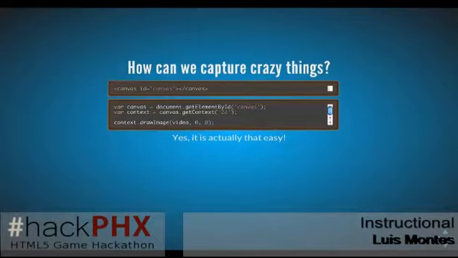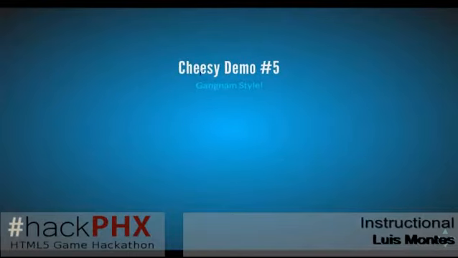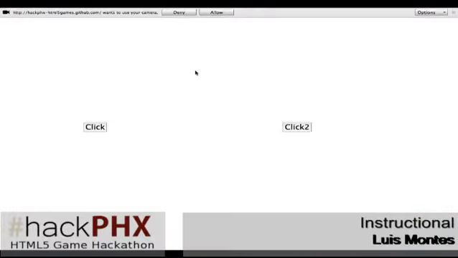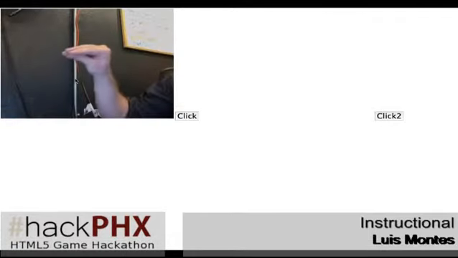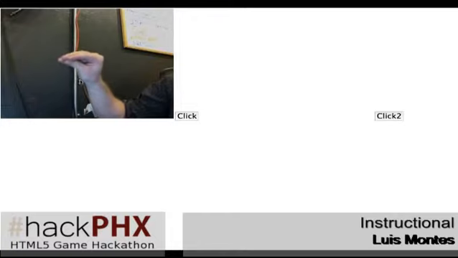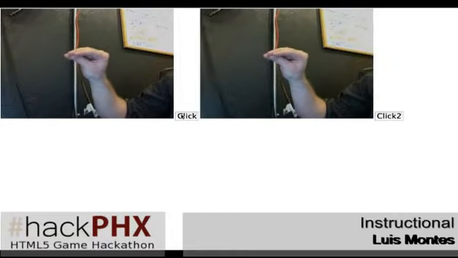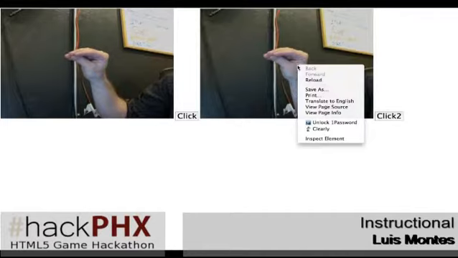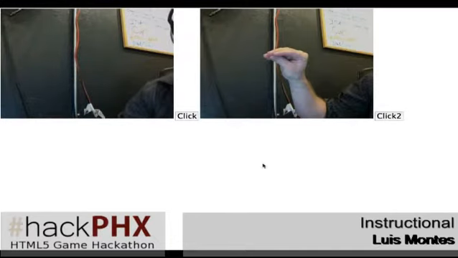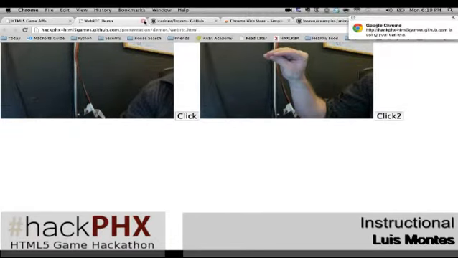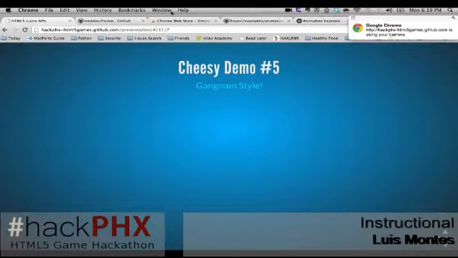So again, allow. And this first button, all I'm doing here is, like I said, I took the video and put it into a canvas. Oh, I'm sticking my tongue out. That's awesome. All right. So you notice I can't right-click and save this picture as, because it's still just a canvas, right? In canvas, we don't save the image. However, we can still get to this data. We want to have an image that we can play with later, right? We don't want to just have this canvas.